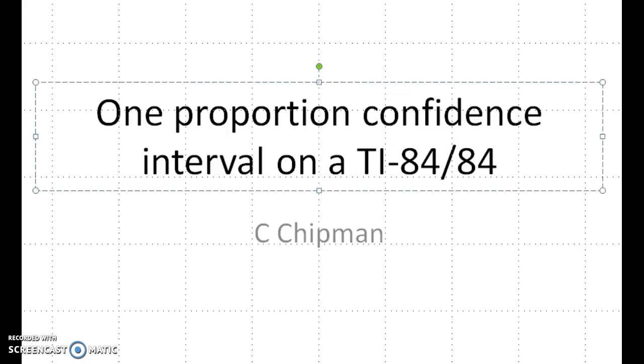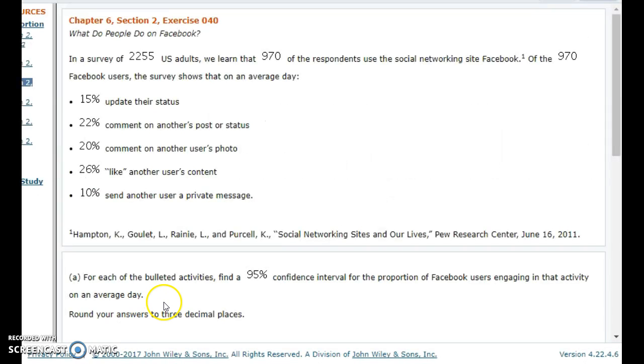Hi statistics students, I wanted to show you how to use your calculator to find a confidence interval on a TI-83 or 84. Okay, if we're looking at something like this problem where we've got percents, so we've got so many